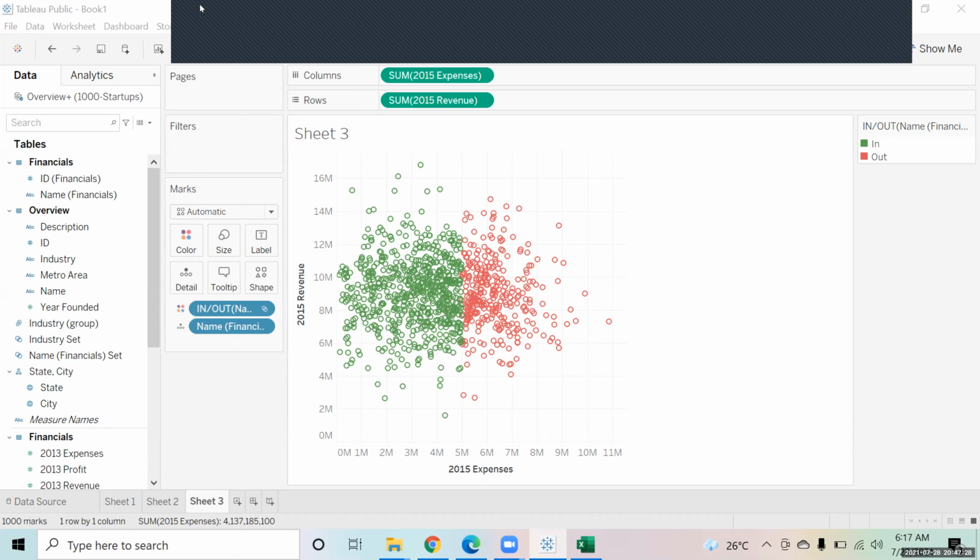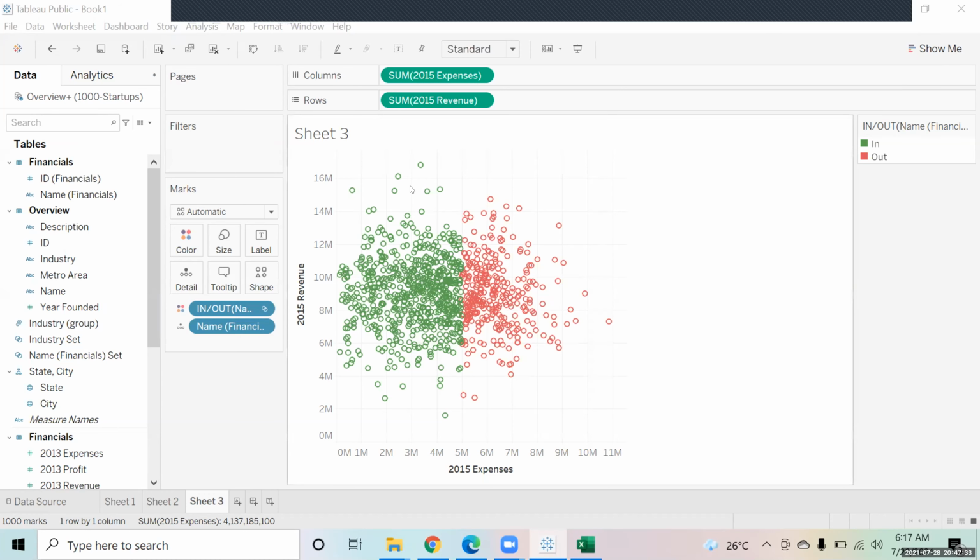Okay, sorry, yeah. Are you able to make this set, right? So can you do one thing? Create one more set, and in that set, now what you have to do is highlight the companies which have revenue more than 10 million.